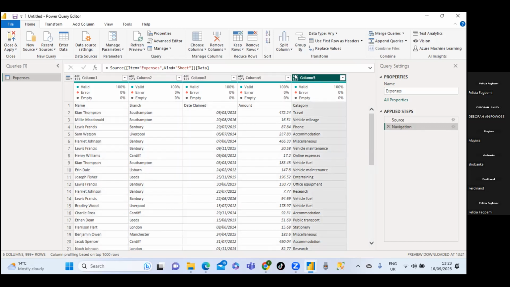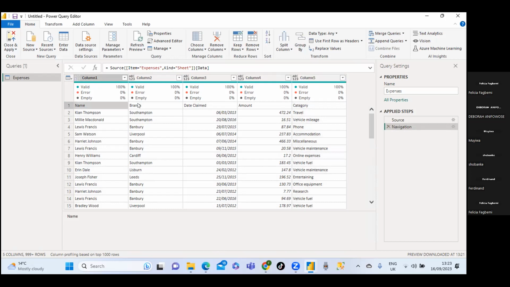These are not our headings. So we need to have headings for these columns. So we're going to look at the first row. You can see I have name here, I have branch, date claimed, amount, category. So I think this forms a very good heading for us. So for us to do this, not just start writing name here or branches or something, we just